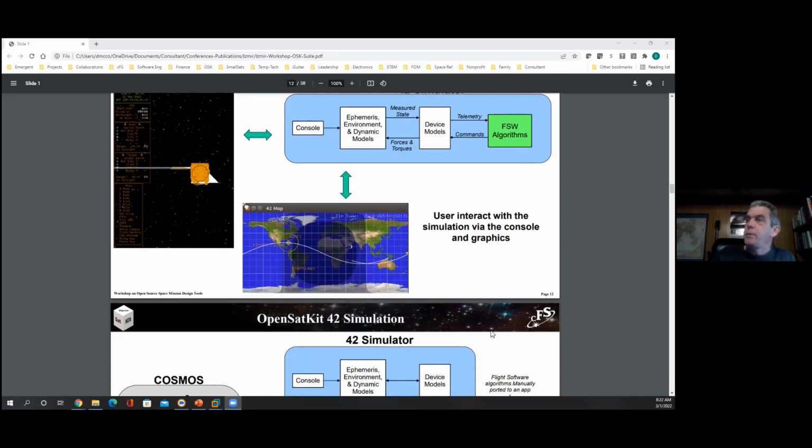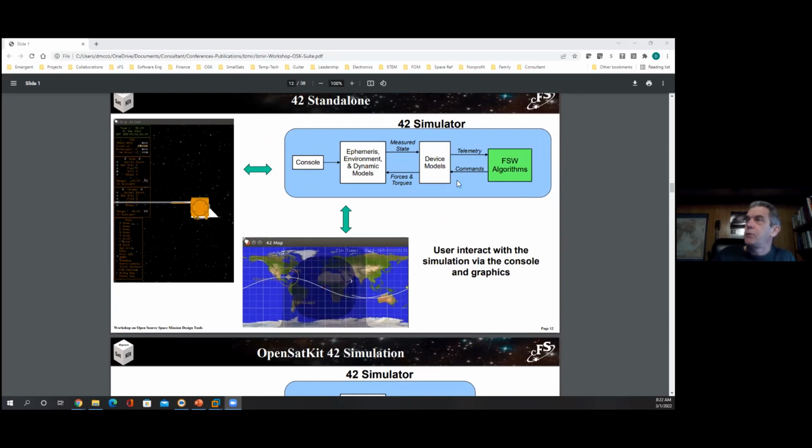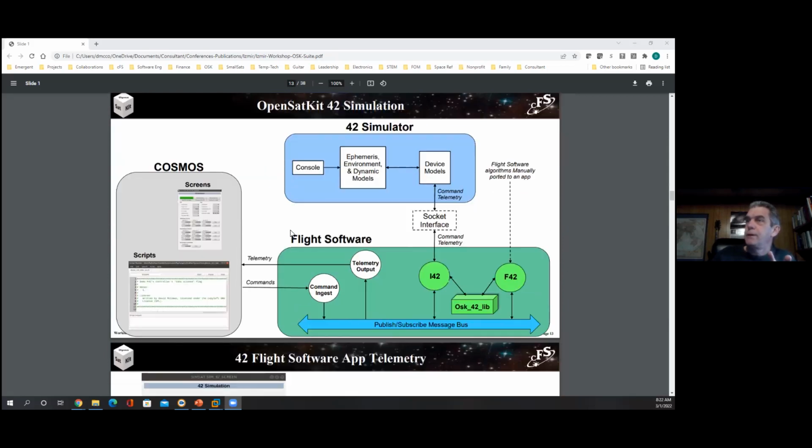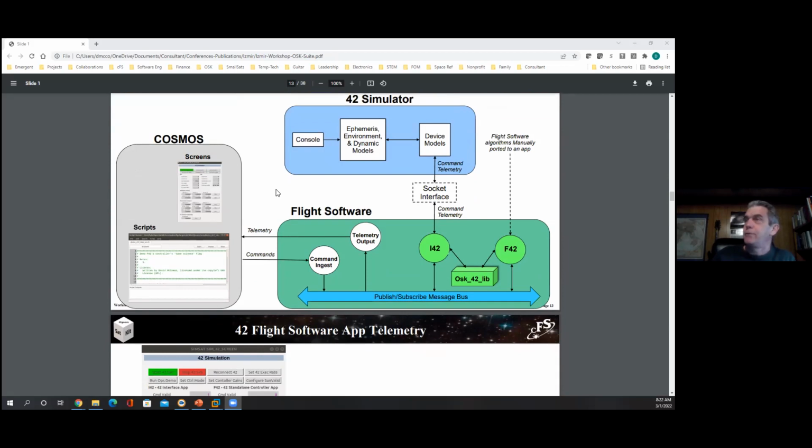So in OpenSatKit, here's the one picture of the closed loop 42 with the great graphics. I'm going to replace those graphics with boring screens. Now that flight software box is gone, and I've put the algorithms in an app. The circle represents an application in core Flight, and the box I use for a library. The algorithms are in one app, and as Eric mentioned, you can do a socket interface. So I made a second app that takes care of all the I/O, the input and output from